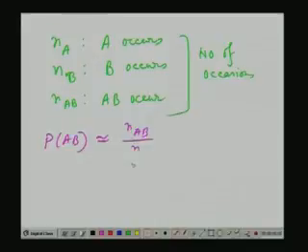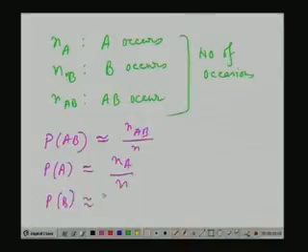So, N_AB by N, and now we know what is P(A), that is N_A by N, what is P(B), that is N_B by N. And if these are statistically independent, then it would mean